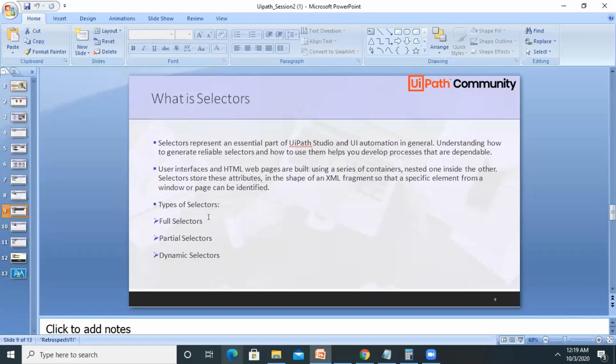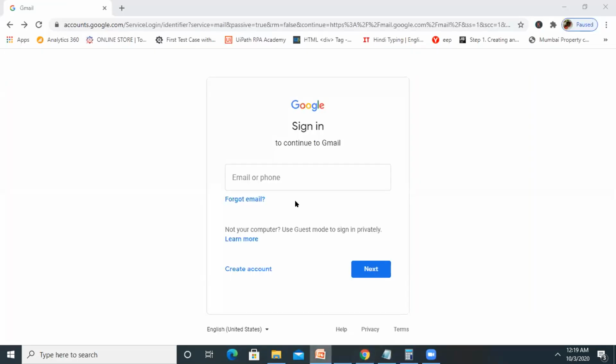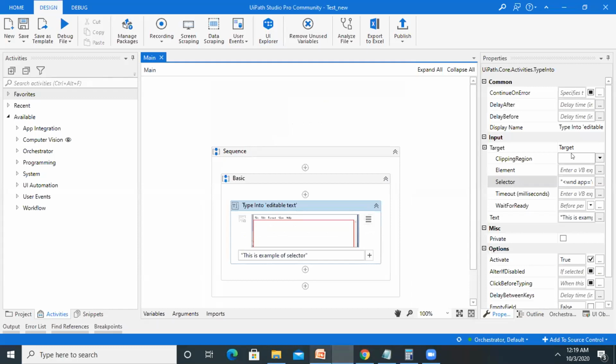Whenever we are working with any recording component, UI Explorer, or directly generated selectors, that is called a full selector. Let me explain the differences between a full selector and a partial selector.